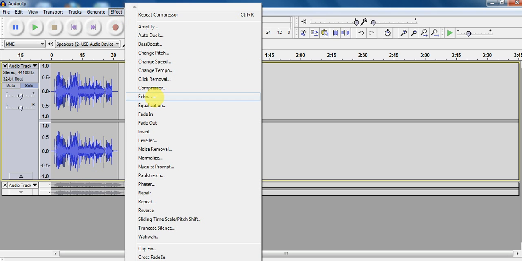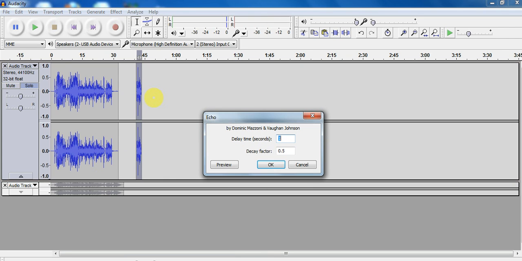Now, echo is different than reverb. I know I keep saying that, but why is it different? Reverb is the sound of a room. Echo is the sound created by the surfaces in that room, or whatever the given place may be. Now, I have two choices when I create an echo. The delay time. That's the amount of time between an initial sound occurring and its smaller waveform echo, its repeat. And then this is a percentage.